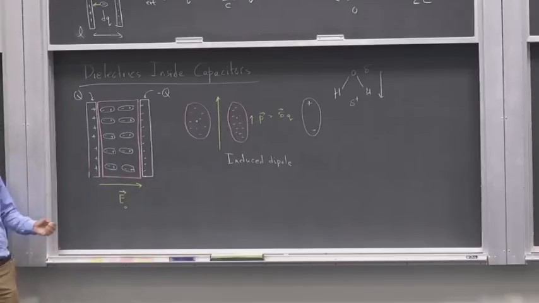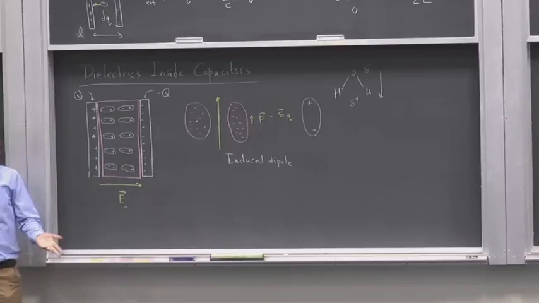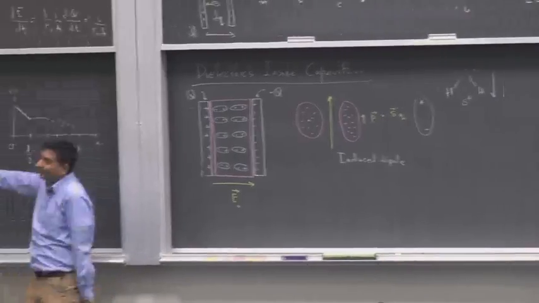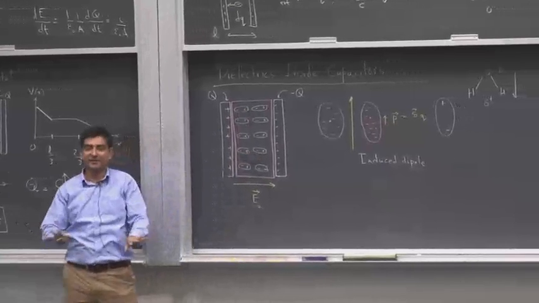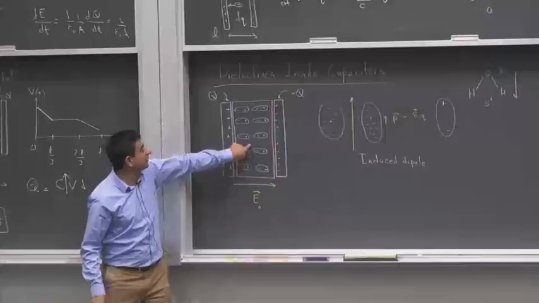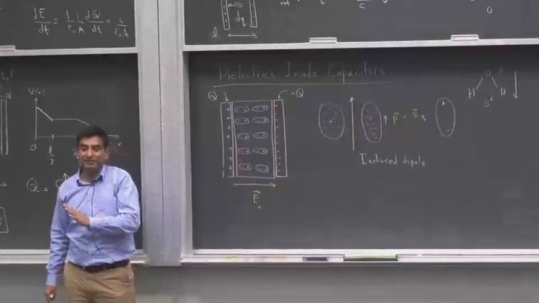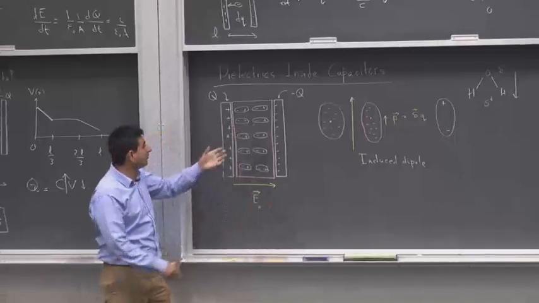Which means that this object might have an electric field inside. This conductor here cannot have an electric field inside because it's a conductor and it's in electrostatic conditions. But this dielectric can have an electric field inside because you have separate positive and negative charge. It's really difficult to calculate the electric field inside, because this is not a homogeneous material, it's not a liquid, these are layers